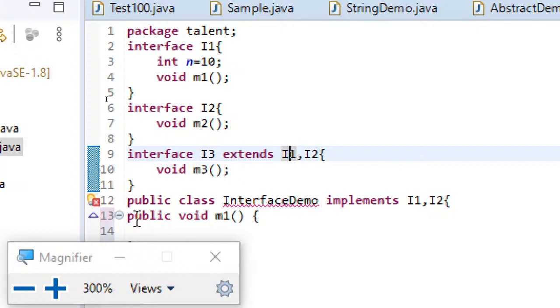The reason is because by default, all the methods in an interface are treated to be public abstract. So when you are overriding, you must use the access specifier of the same level or the higher level. Here public itself is the highest level. So when you are overriding a public method, you should use public.